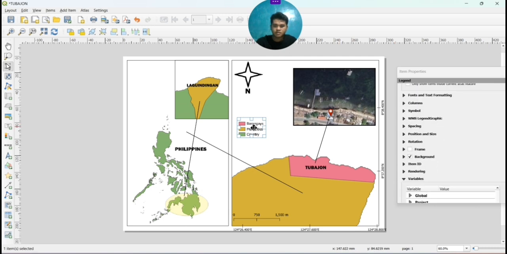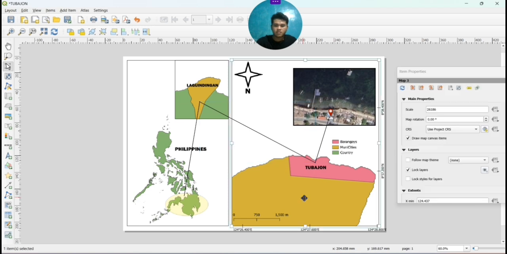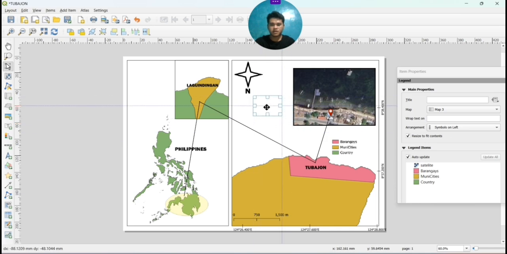Just want to have this one for a while. And you place it there. And I think that looks off for me. And I wanted to move it again to this part. I just want to move this one over there. For me, it looks more appealing. That one. So for me, that's okay.